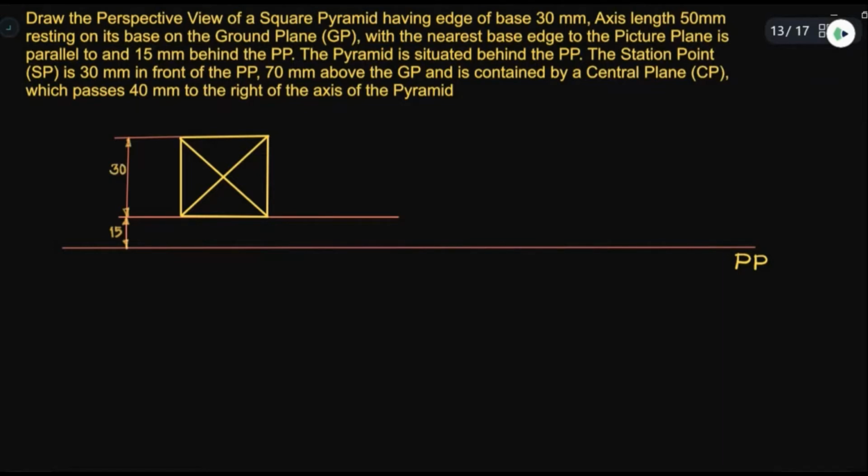And we will name the corners also, like the base corners A, B, C, D. And since it is the top view, we will use small letters. A, this is B, this point is C, this point is D, and the axis is represented by O, O1, and O is the apex at the top, and O1 is the geometric center of the square at the bottom, which is the base now situated on the ground plane.